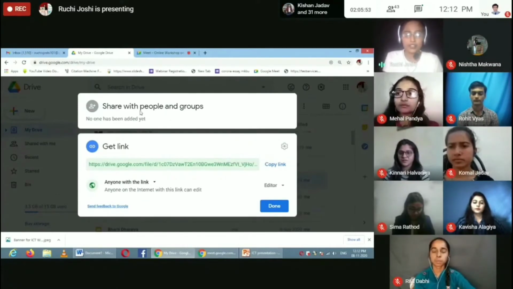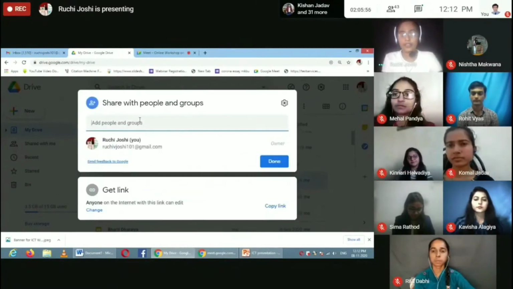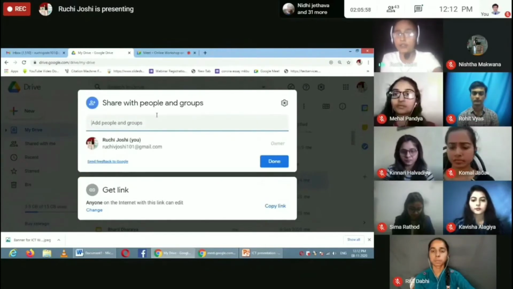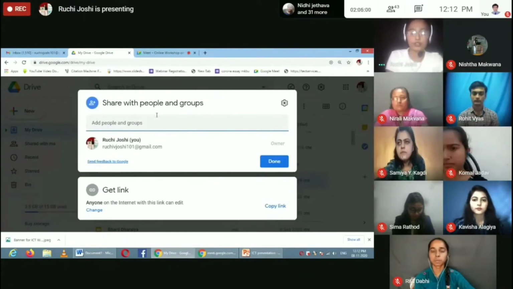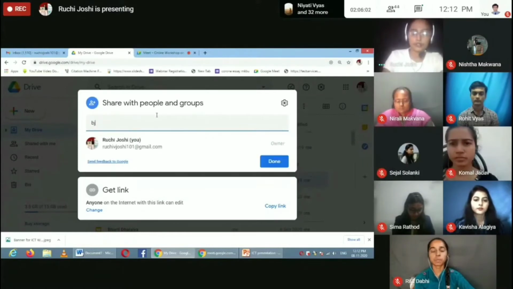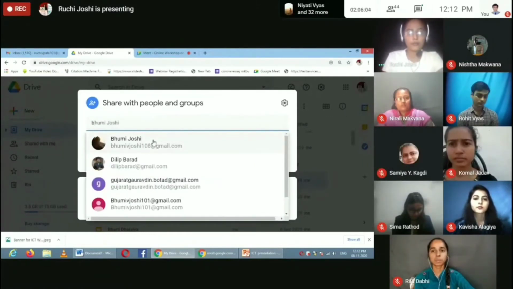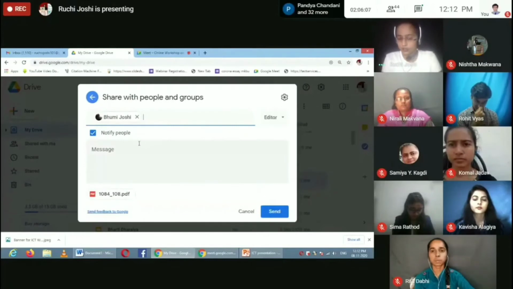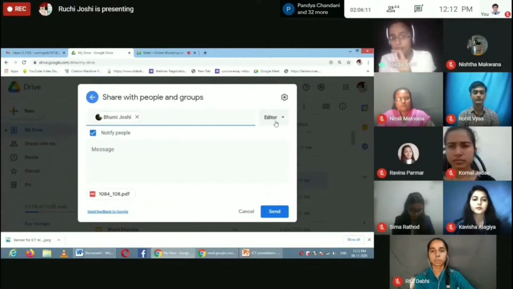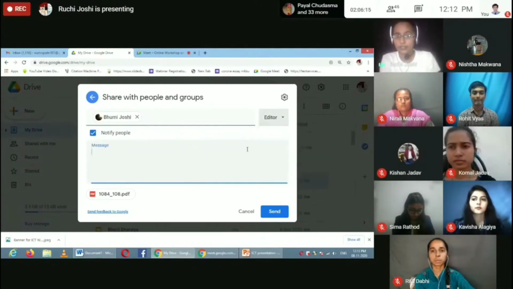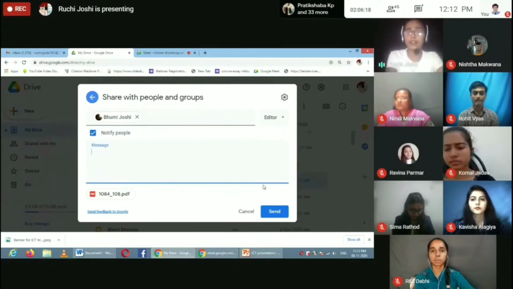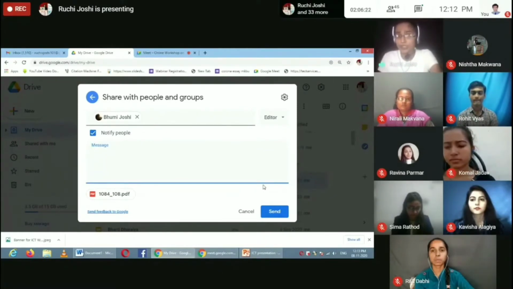And share with people, so we have to add people and groups. Then this way it will open. So from here we can also choose editor, viewer, and commenter, and we can type a message for the purpose for which we are sharing these files with them.